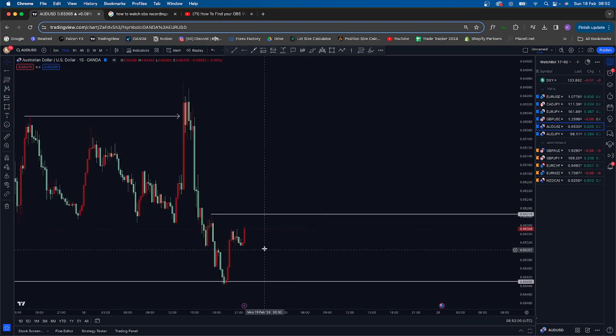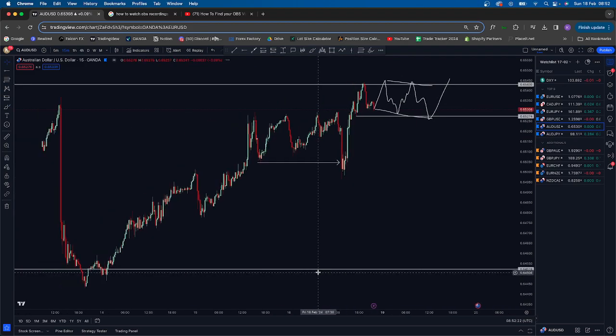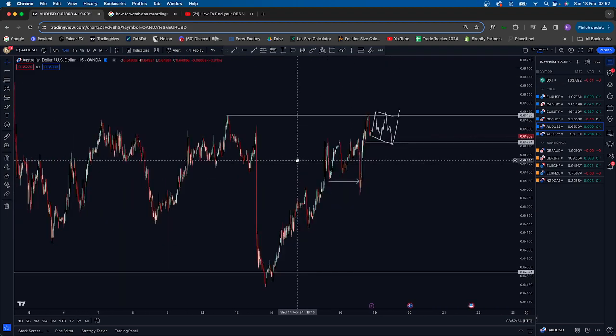Okay, so we've got this hook point here. We've got this first touch. I will be looking for price to push down, come back up here, form the middle section, 1, 2, 3, and then push. So if we get this, I'm just going to flip the chart back. The only thing that I don't like about this is that it's